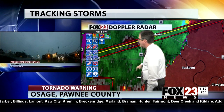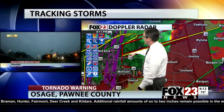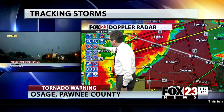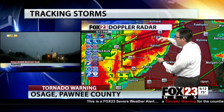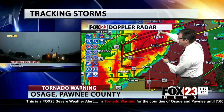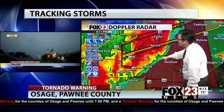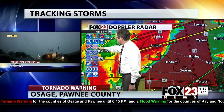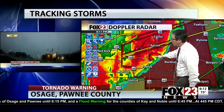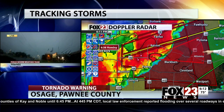Let me bounce this back out as we look live in Pawnee right now. At this point, the danger area certainly looks like it is to the north of Pawnee as we watch that rotating thunderstorm there. Now, we'll watch this closely because as it continues to move toward the east, there is a chance we could get some redevelopment a little bit further southeast along that line. That would be something we'll watch closely in Tulsa. So if it can develop back to the southeast, we could be dealing with this rotating thunderstorm getting closer to the